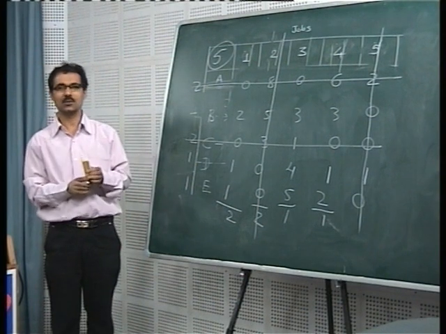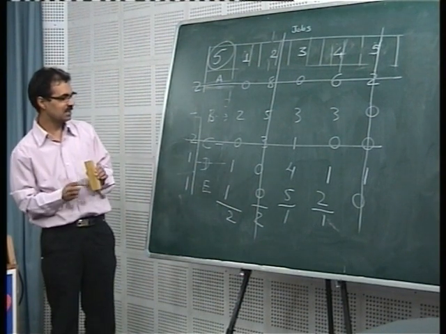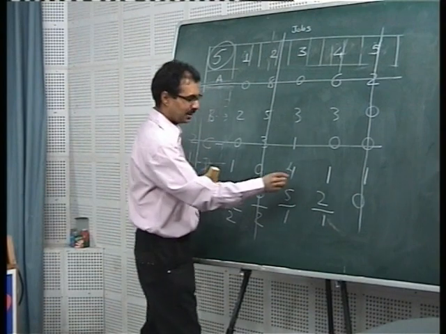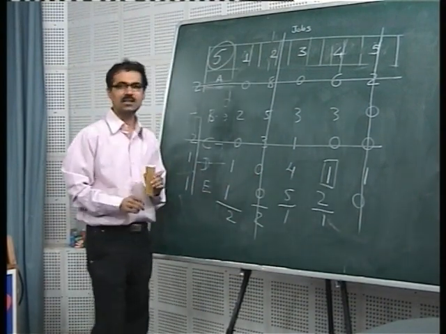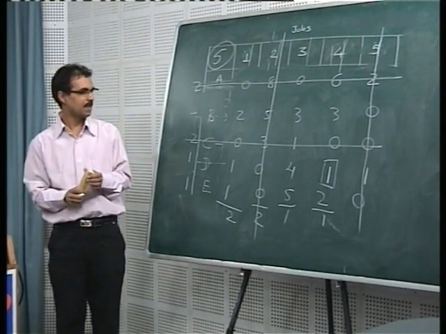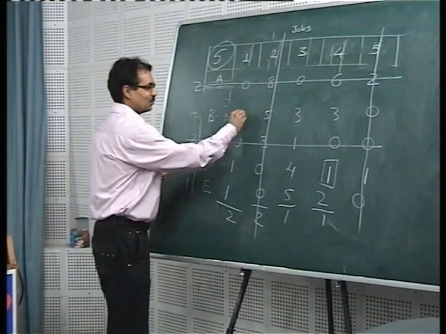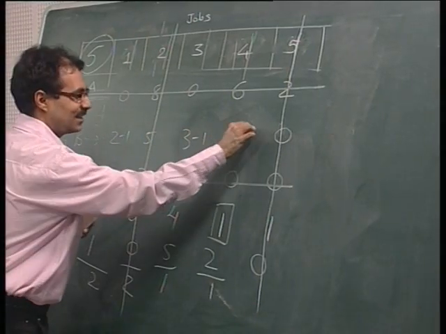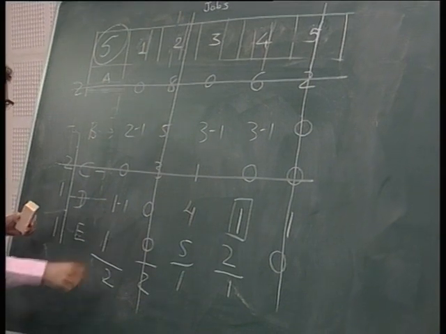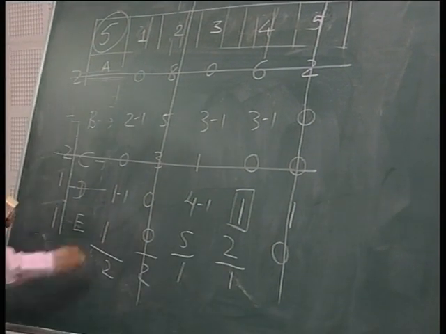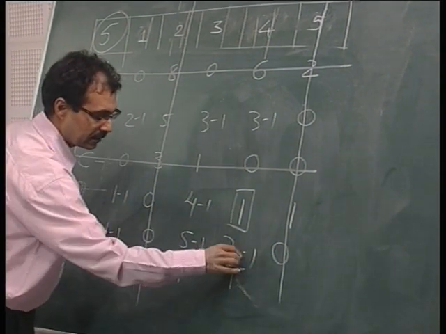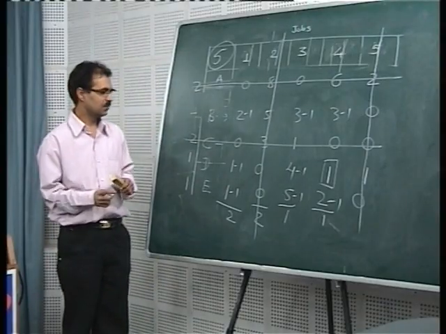Let us go for the process again. What is the minimum element which is uncovered? Once again, the credit goes to 1. So 1 is going to be subtracted. Don't worry. So 2 minus 1, 3 minus 1, 3 minus 1, and so on. Okay, so minus 1 from those uncovered elements.